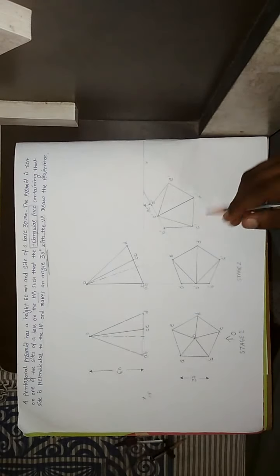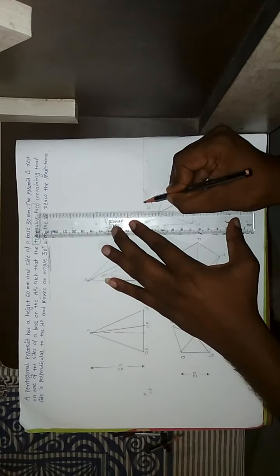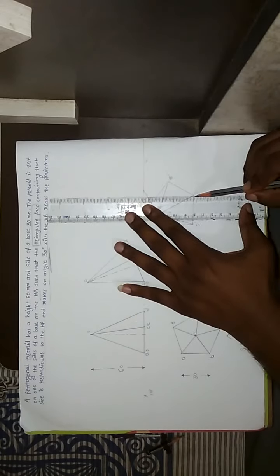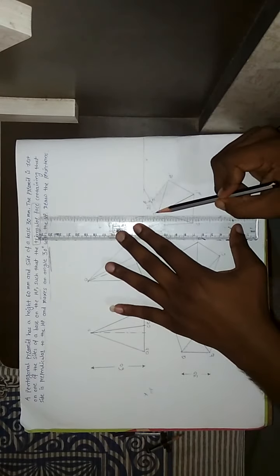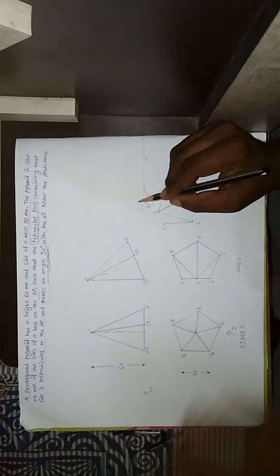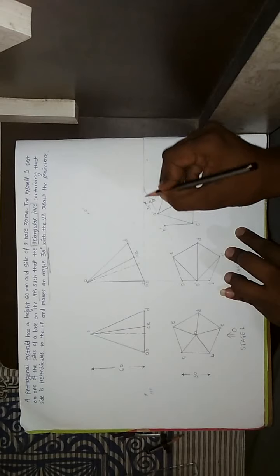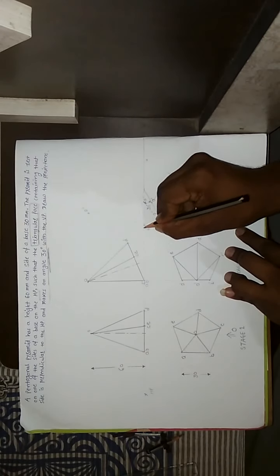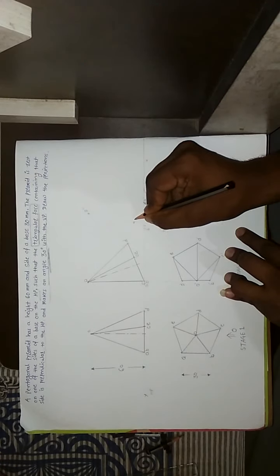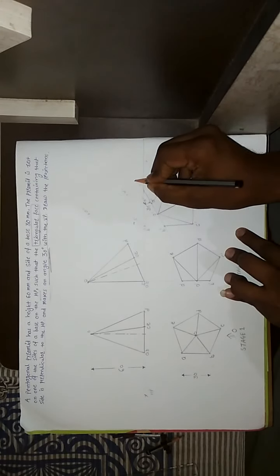Friends, this whole second stage diagram is rotated by 30 degrees with this reference line. Now project all these points A dash, B dash, C dash, D dash and E dash, similarly O dash also. At the same time, we have to project all these points on the horizontal line also. So we get all these intersecting points. This is our O double dash, this is our A double dash, this is our B double dash. Here we get C double dash, here we get D double dash, and at this point we get E double dash.